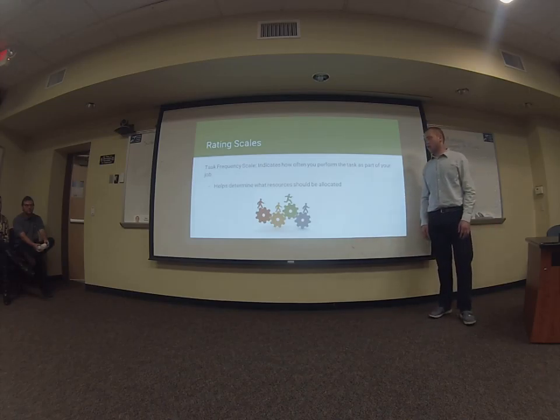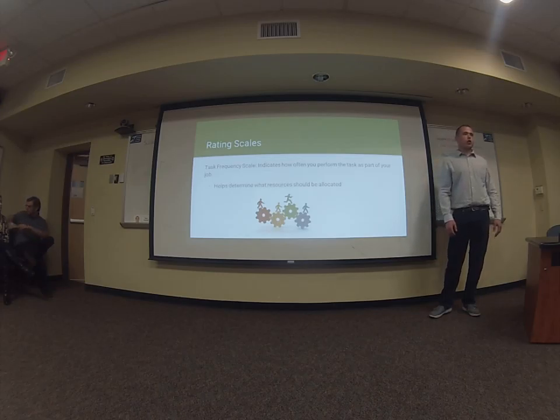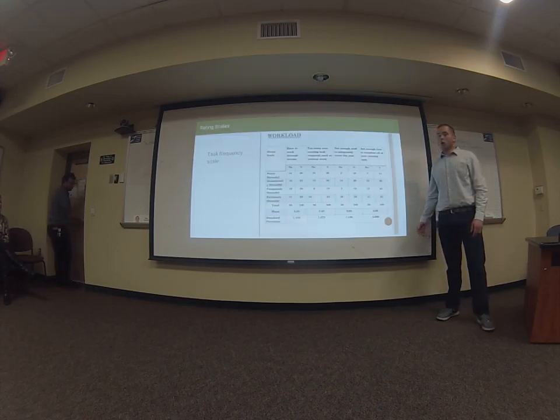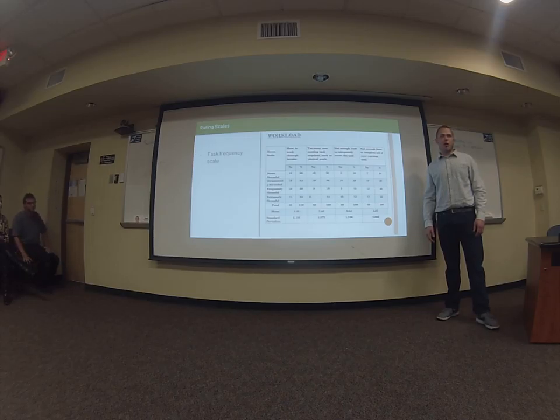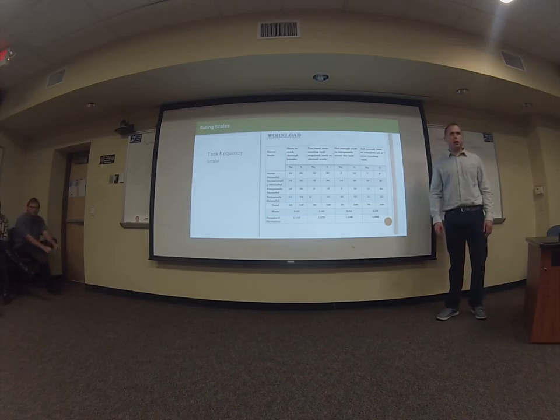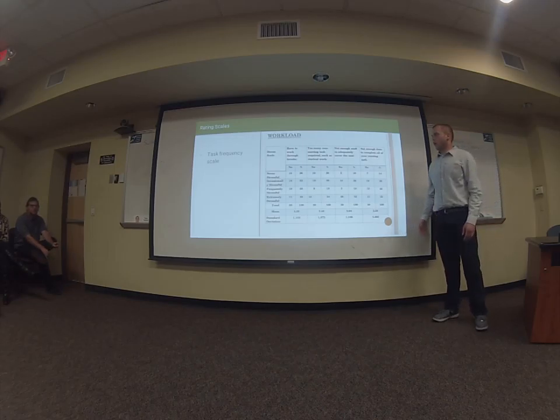So for that, we use a task frequency scale, which will indicate how often you perform that task as a part of the job. So it's really just taking the information we know and putting it in scale form. And it'll help you determine what resources need to be allocated where. So here's an example of that. This is for nursing. This is kind of more complicated, but it's the same idea. There's stuff on there like you have to work through breaks,